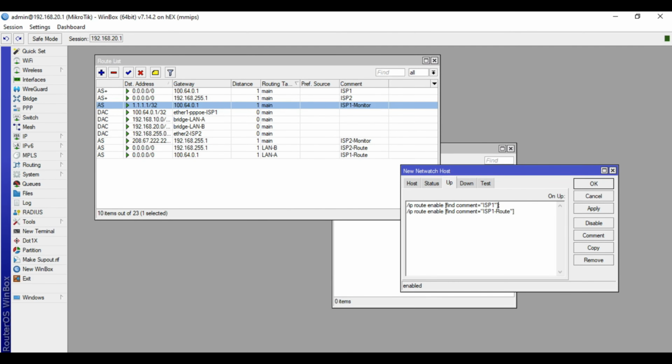We will copy that one, and input it in the down tab. We will change the enable to disable.